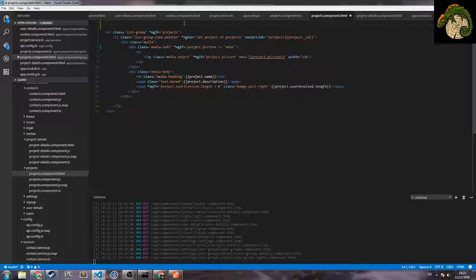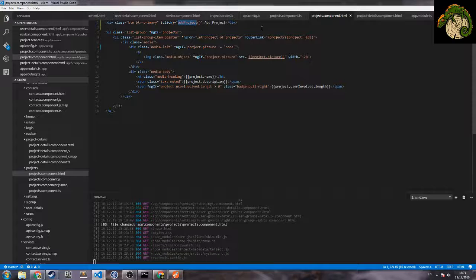We'll add the button. So the button primary, and here add project, and here on click we can go in add project,